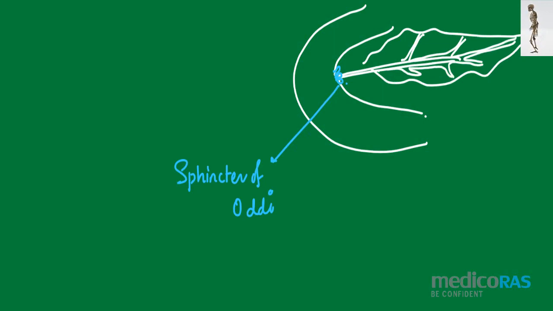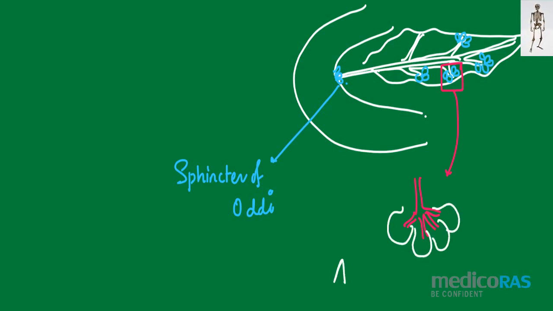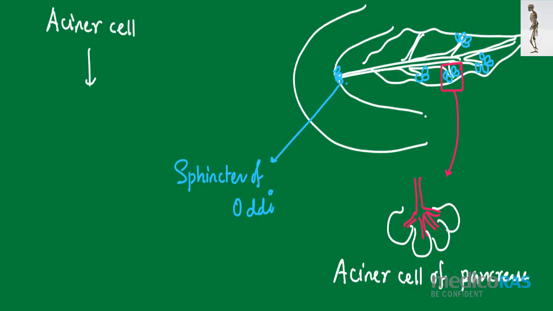At the tip of the branches, they have some convoluted cells in this format, and if we check one of the convoluted parts under the magnifying view, this convoluted region actually looks something like this. This convoluted part is known as the acinar cell of pancreas. The acinar cell of pancreas is responsible to release again pancreatic amylase, which is similar to that of alpha amylase.